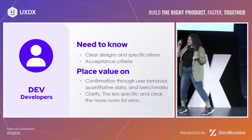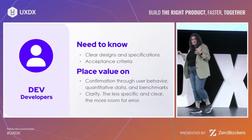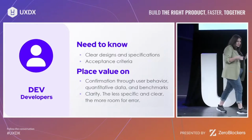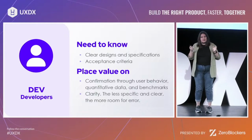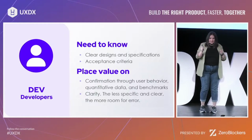You want to make sure that you have quantitative data. Devs love quantitative data. They like facts. Empathy is really lovely, but it can also be fuzzy if you're someone who deals with logic and you just want to know straight to the point: how many people use this? How many people like this? Give your devs more quantitative data, not as much qualitative data, because they're just trying to say,